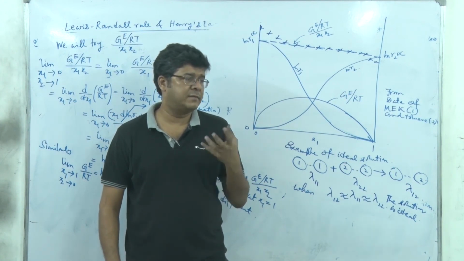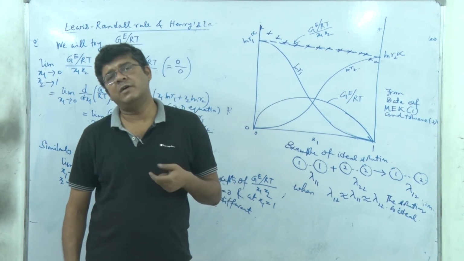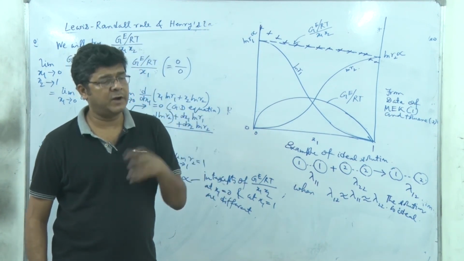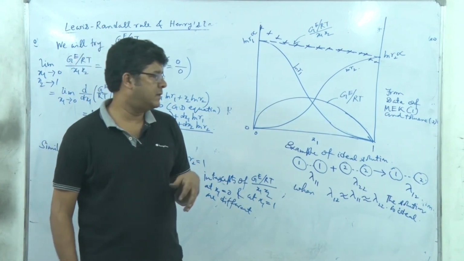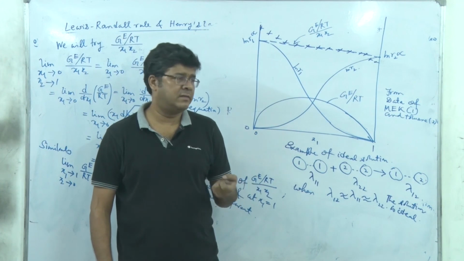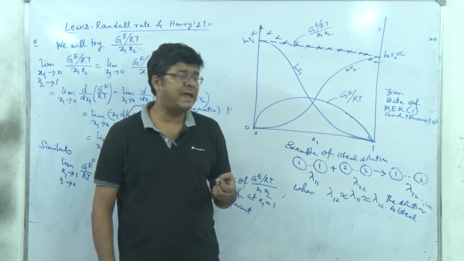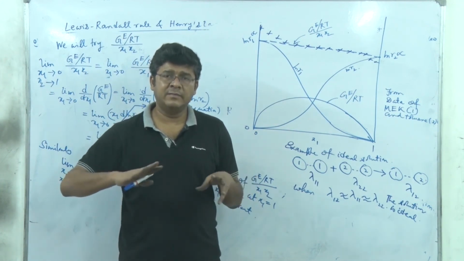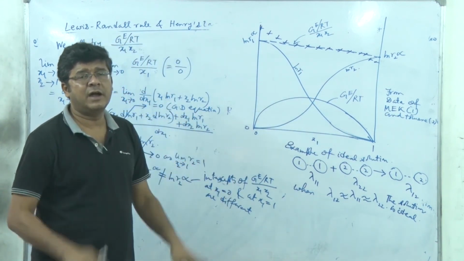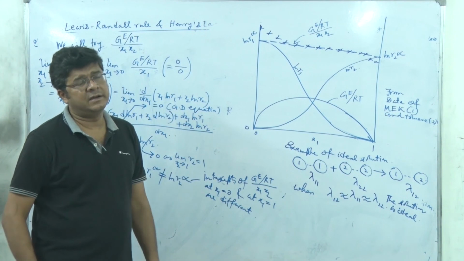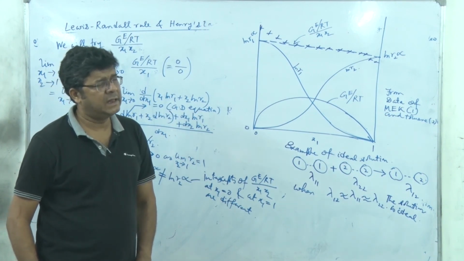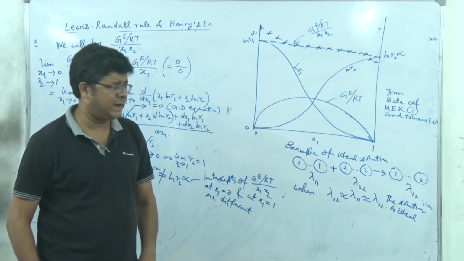We can think of a solution made by two members of a homologous series like ethanol and propanol, right? Then we can think of benzene and cyclohexane. Though they are not homologous series members, they have similar properties. They are not actually ideal, but it's close to ideality.